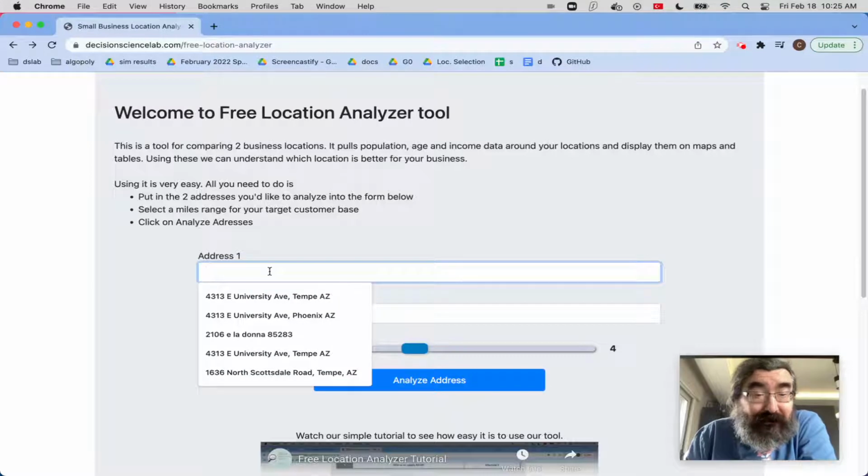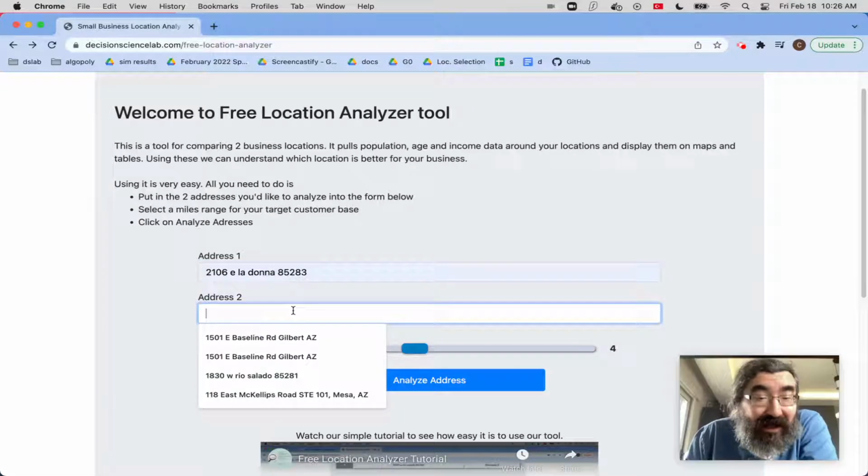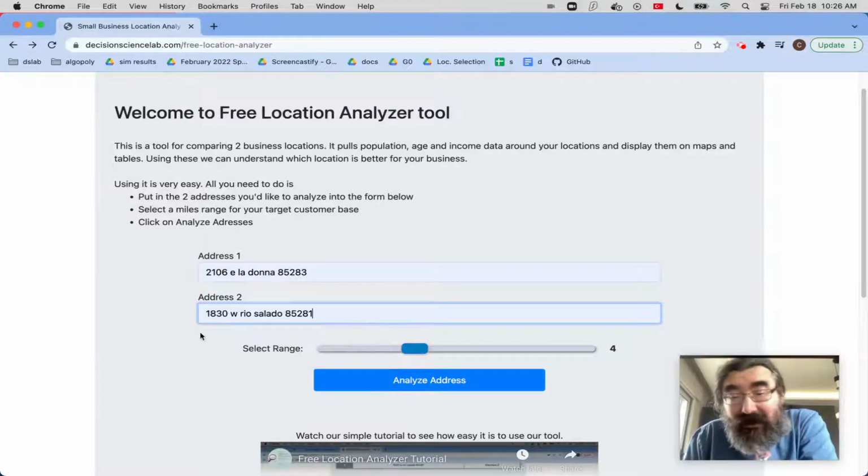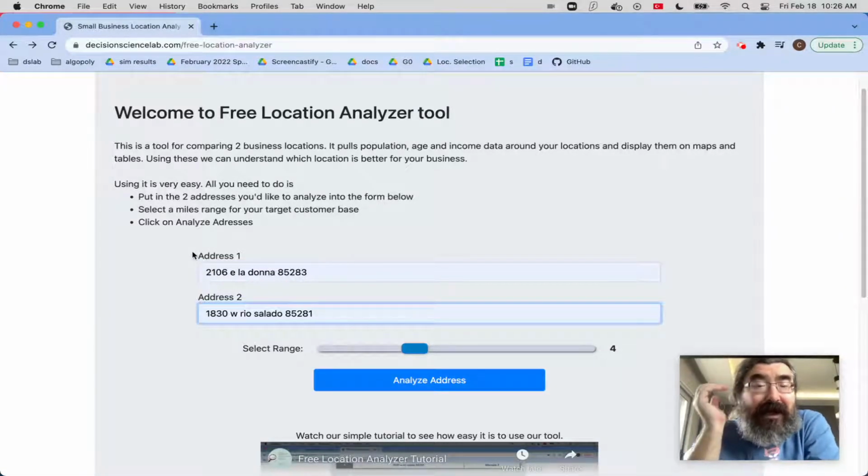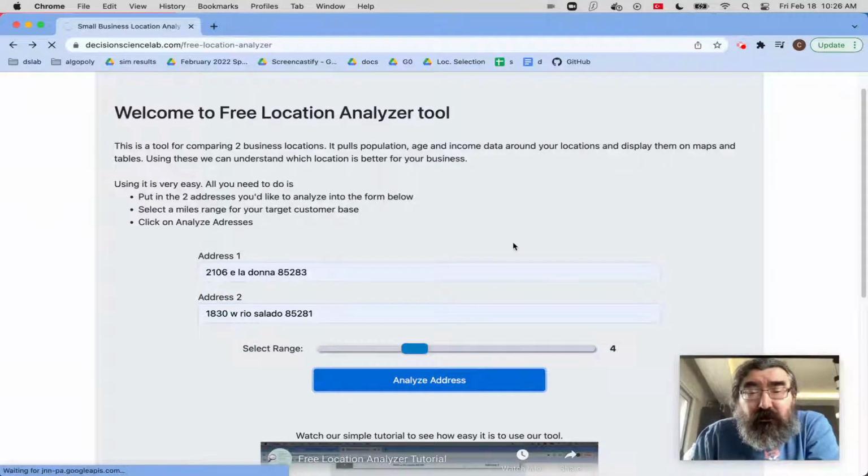So I'm going to run a quick demo here. I'm going to pick two Tempe locations. I know the Tempe area pretty well. I lived there for 20 years. The first location that I've picked is in Southeast Tempe, in a more suburban area. And the second location that I picked here is closer to downtown Tempe, where Arizona State University is located, and where a lot of business locations are. And when I click here, analyze addresses, what the tool is going to do is